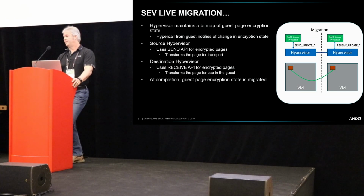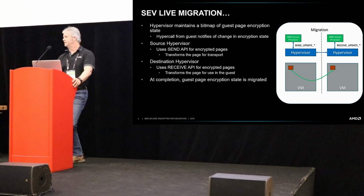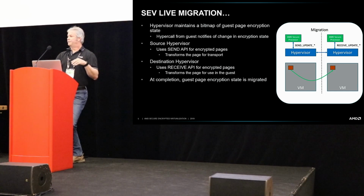One of the things we need to know, and this is part of the support that my colleague back in Austin has submitted upstream for QEMU and for KVM, is what pages are actually encrypted, because you don't want to try and decrypt a page that isn't encrypted. So we're introducing a hypercall from the guest, so whenever we change the encryption state of a page, the hypervisor will be made aware of that, and we'll know when a page is encrypted or not encrypted and what we need to do appropriately. There'll be updates made to QEMU so that when we see an encrypted page, we'll call down into the kernel,